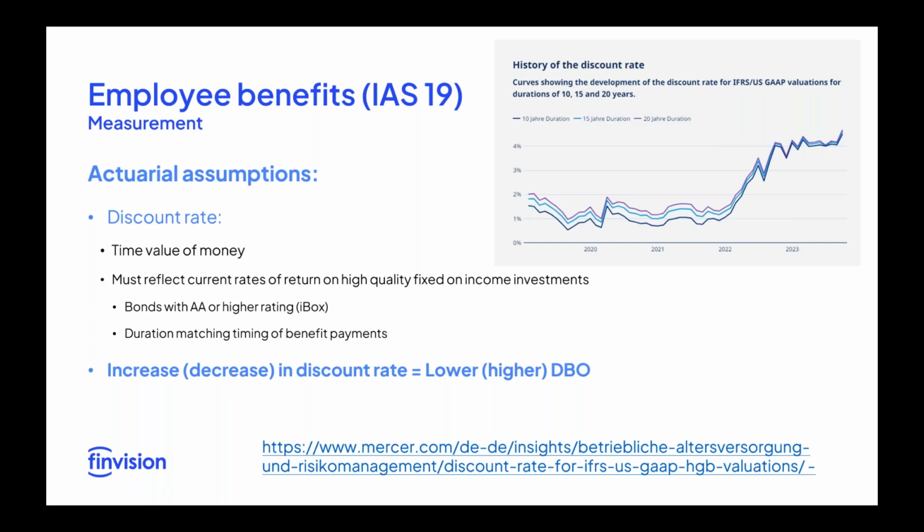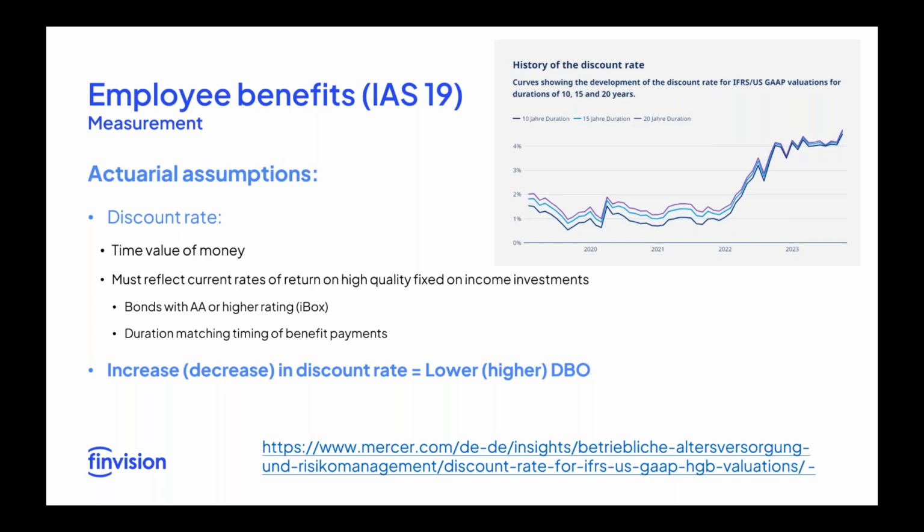But you see that the actuaries are using their own calculations. They may select, for example, corporate bonds with those types of ratings and really calculate also what is the discount rate. A very important one is that you need to match the discount rate with the duration of your benefit